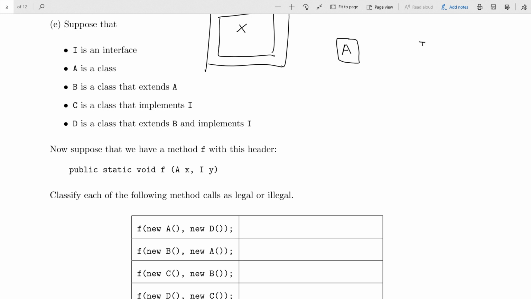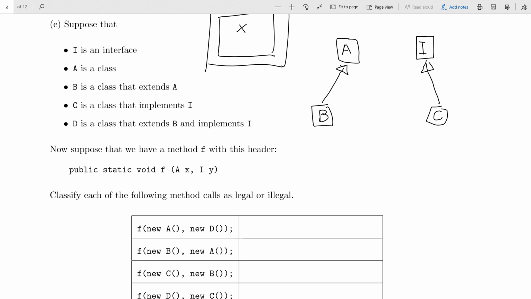And I is an interface, so I'll draw it over here. I have to remember it's an interface, not a class. And then B extends A. So I'm going to draw that like this. Okay, B extends A. And then C is a class that implements I, so I'll do that.